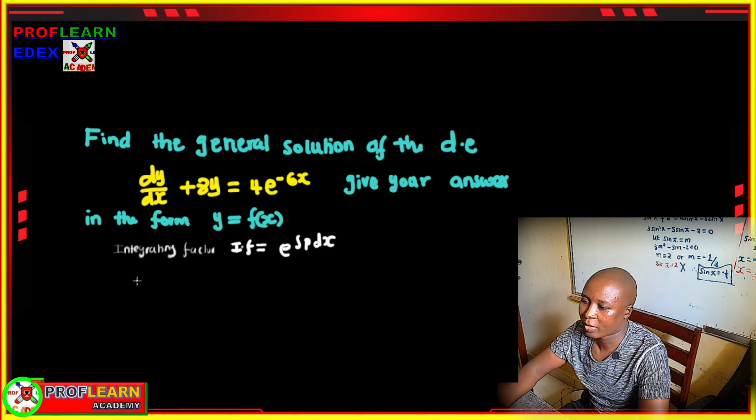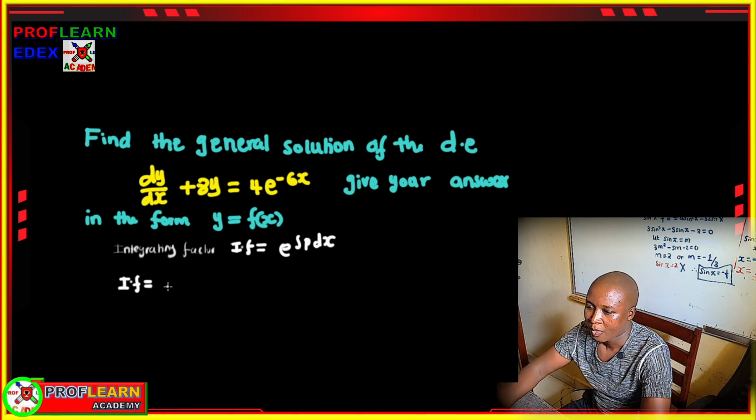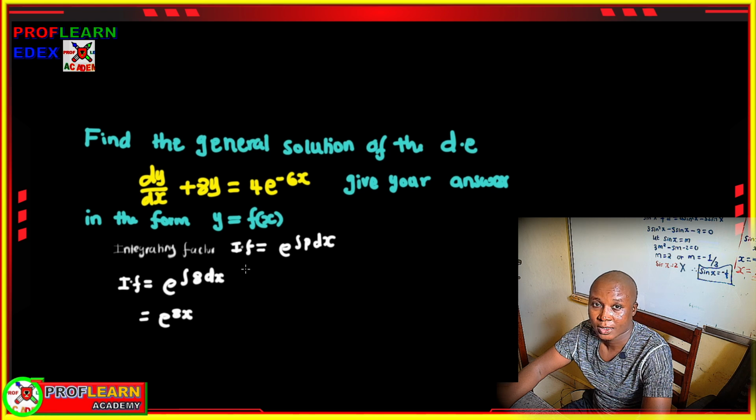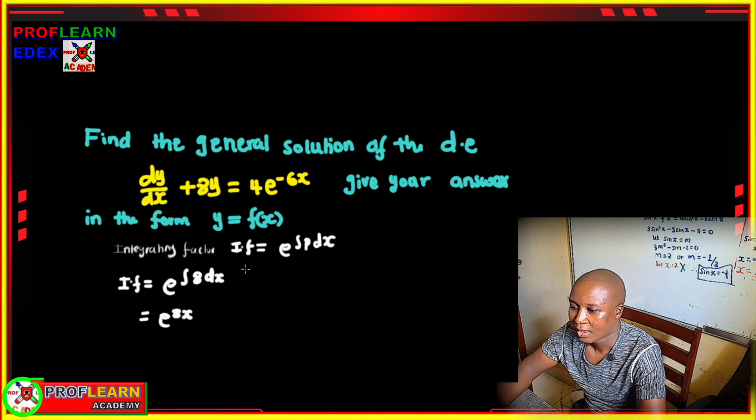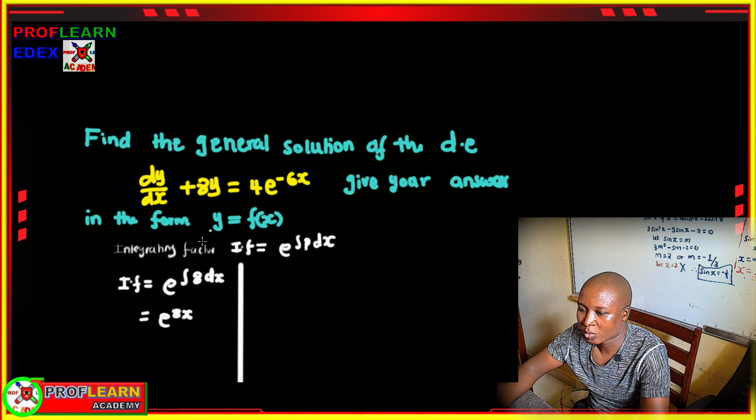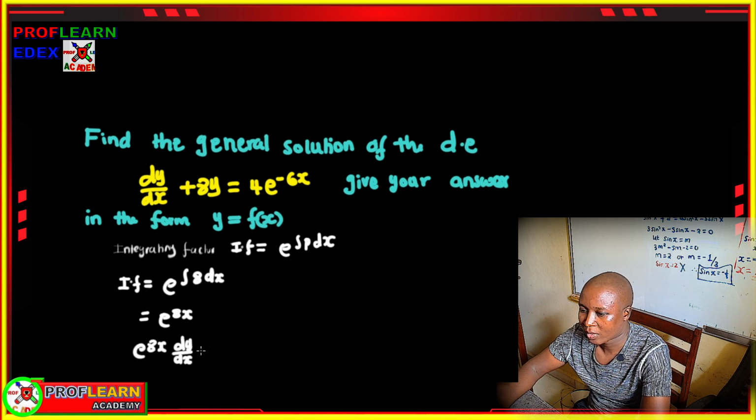In order to find the integrating factor, we're going to say this is e to the integral of 8 with respect to x, and integrating 8, we're going to get 8x. So which means that we're now going to multiply each and every term by the integrating factor, which is e^(8x). Multiplying all through, we're going to get e^(8x) dy/dx plus